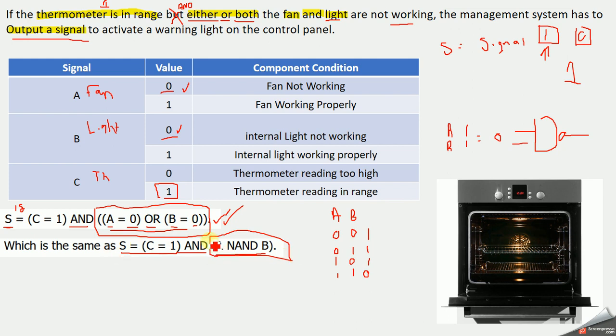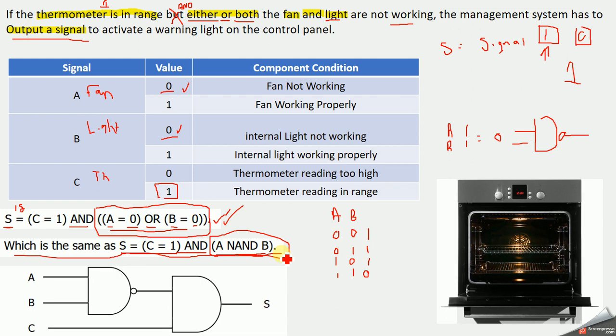Now, I would like you to do the circuitry diagram to show the simpler expression. This one. Pause the video, give it a go. Okay, let's have a look at the solution. There we go. So, we know that C, thermometer is in range,